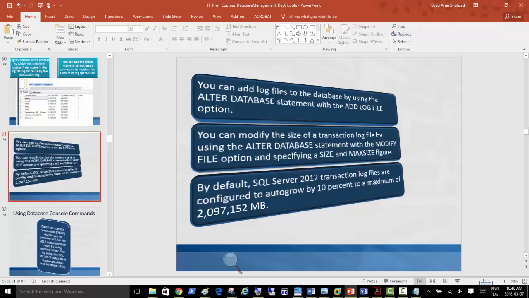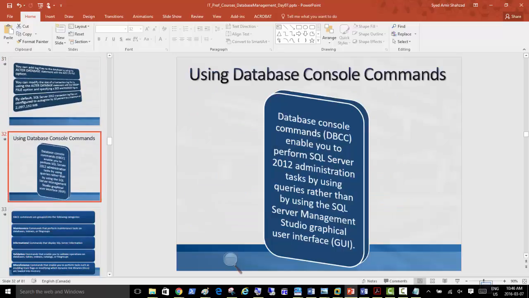By default, SQL Server 2012 transaction log files are configured to outgrow by 10% to a maximum of 2 TB. It can outgrow to a huge amount, and this is actually too much.